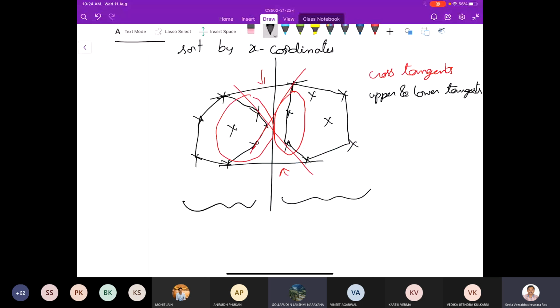Yeah, that's a very good observation. Does everybody agree that the top point from the left hull and the top point from the right hull form the upper tangent? Similarly, the lowest point from the left hull and the lowest point from the right hull form the lower tangent. Is everybody agreed to that? Then the merging step becomes very simple. Or is there any problem with this strategy? Either everybody should agree and prove that it is correct, or if there is any counterexample, this observation is not correct.